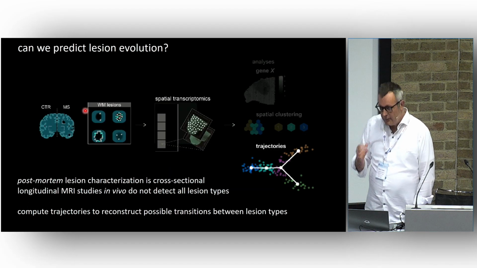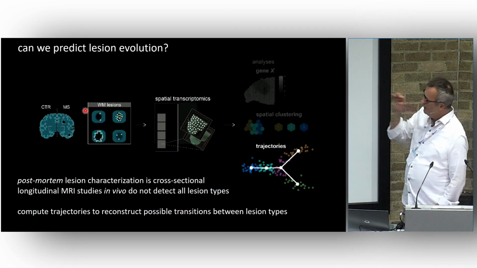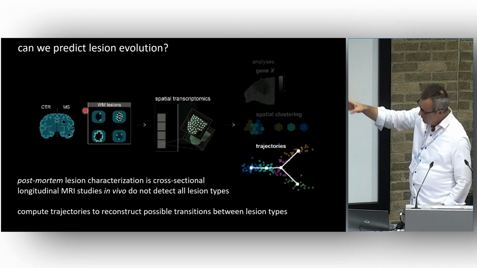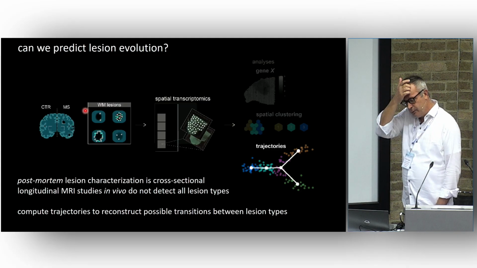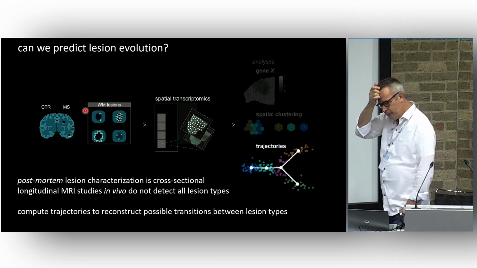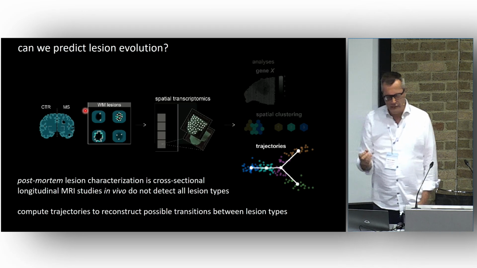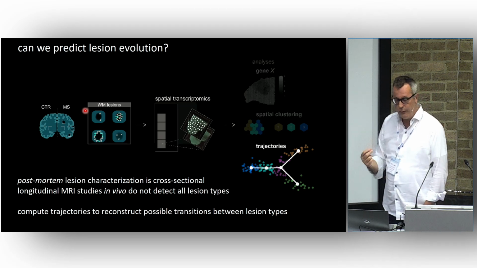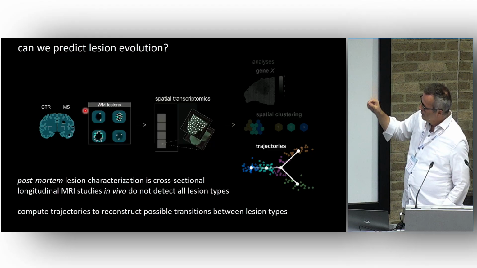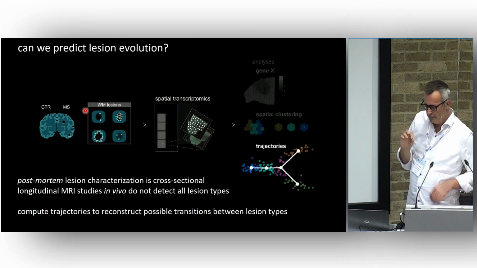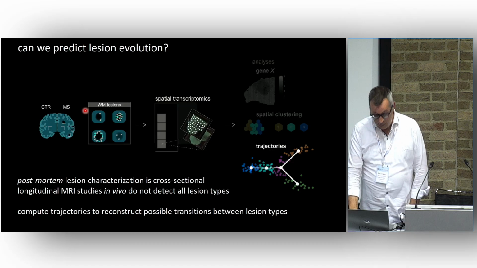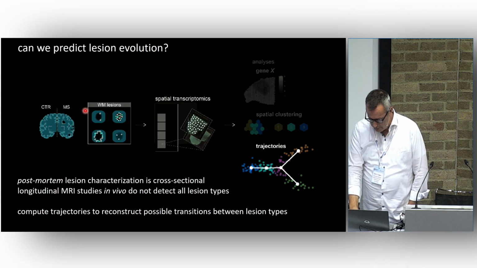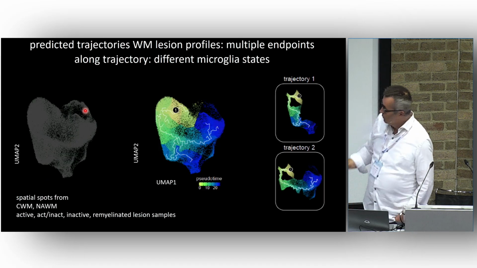Anyway, so I think it's something where we spent a lot of effort is that you can generate these spots, you can generate these gene expression profiles, you can do clusters, you can look at gene expression differences, but we really were interested in: can we use these data to predict how lesions evolve? Can we build trajectories using these spatial data and calculate how lesion evolution takes place in MS? And this is a bioinformatic trick, I understand, but maybe it is worthwhile. So what we did,